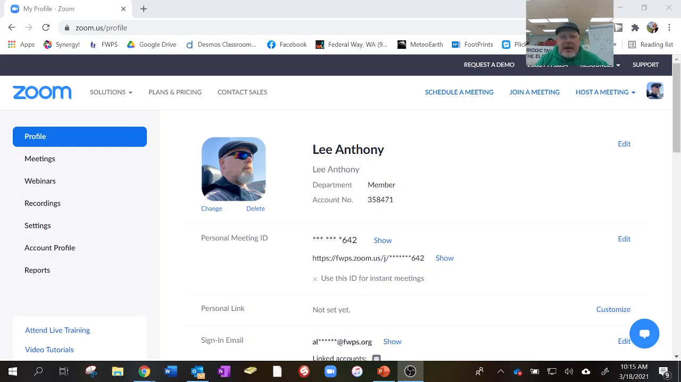Hey everybody, this is a tech tip I thought everybody would be happy to see. If you're already doing this, that's awesome. But I didn't pick up on this till the other day because it's one of those things in Zoom that